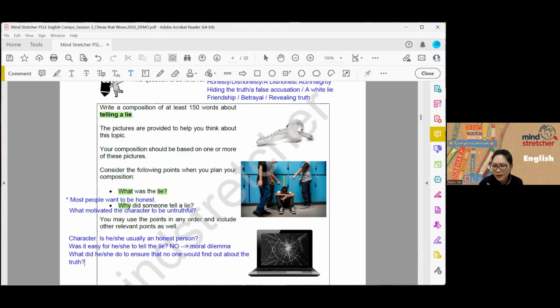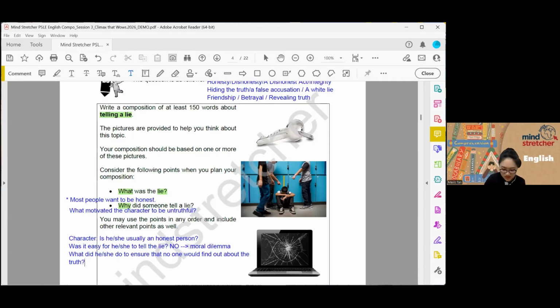So what exactly did your character do to make sure that it could be how he or she covered his or her tracks? Okay? Or to be as discreet as possible. Okay, so what did he or she do? What was the effort that went into telling a lie? You have to consider these, then you can develop your characters and the story. Okay? Because things don't happen out of nowhere. Okay? Discreet means to not let people know. They don't know what you revealed to this particular person. Okay?